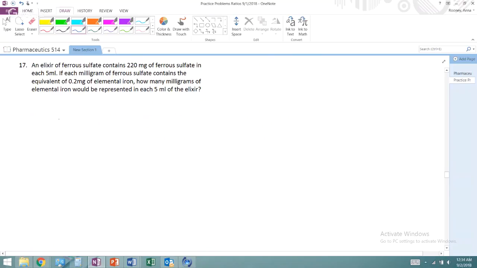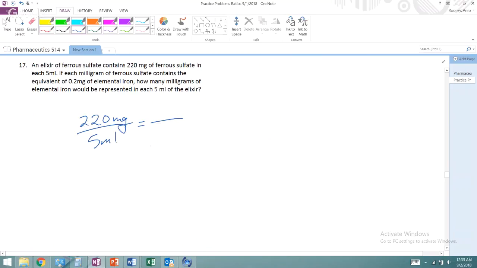All right, an elixir of ferrous sulfate contains 220 milligrams of ferrous sulfate per 5 mLs. Each milligram of ferrous sulfate contains the equivalent of 0.2 milligrams of elemental iron. How many milligrams of elemental iron would be represented in each 5 ml of the elixir? So,